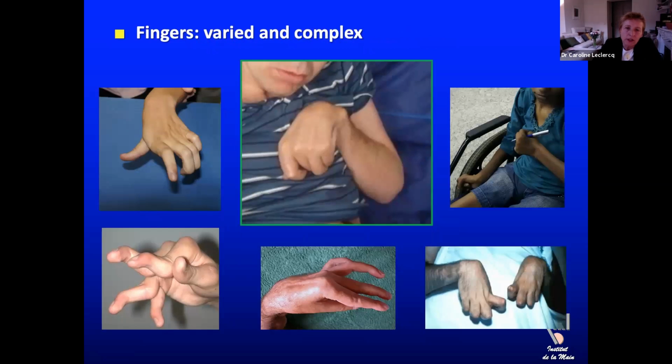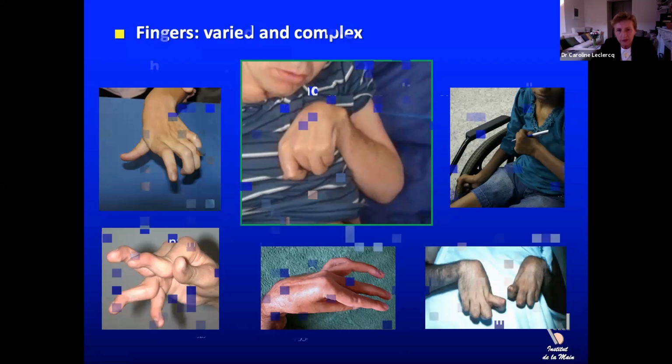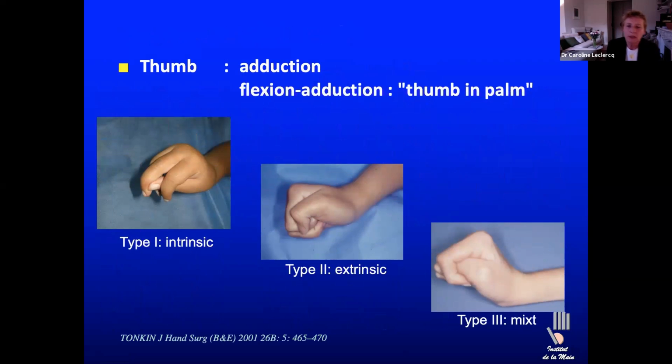In the center, you see this is the typical wrist flexion, finger flexion deformity, but you see that you have a whole lot of other different types of deformity: swan neck, intrinsic contracture, pseudo-boutonniere type of deformity, wrist extension. So everything can be seen. And so this is what we were talking about earlier. You know, spasticity is variable and will lead to very different deformities. For the thumb, the